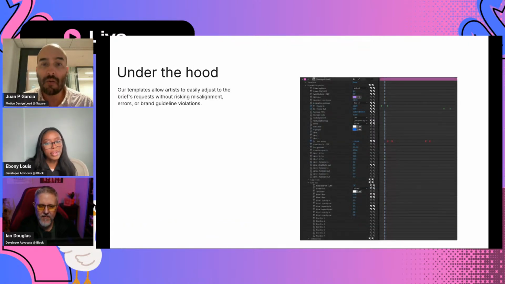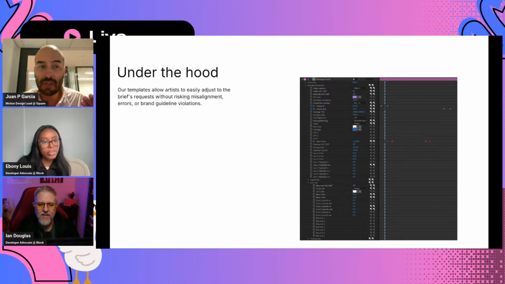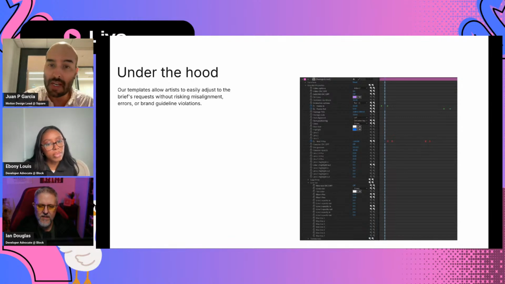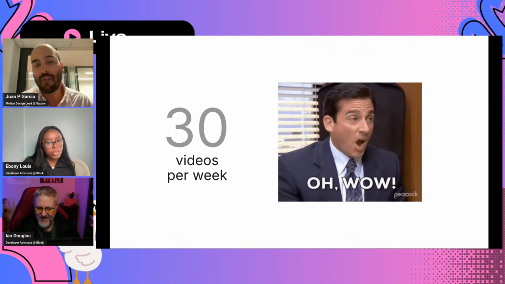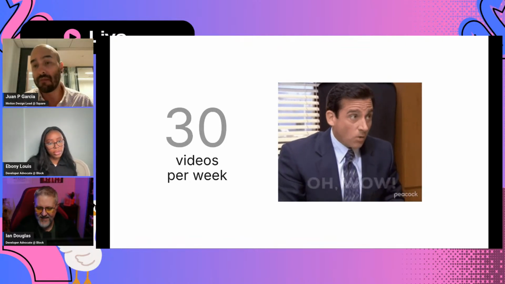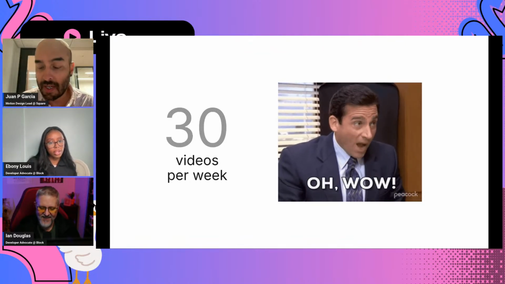This is how, after developing the template, the layer looked, with different options and different properties that an editor will go in, just change a few things, and be able to render a final video for YouTube or LinkedIn or whatever. With this approach, we're creating 30 videos per week, which was amazing, right?